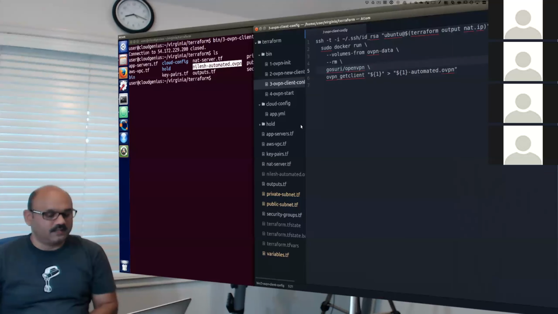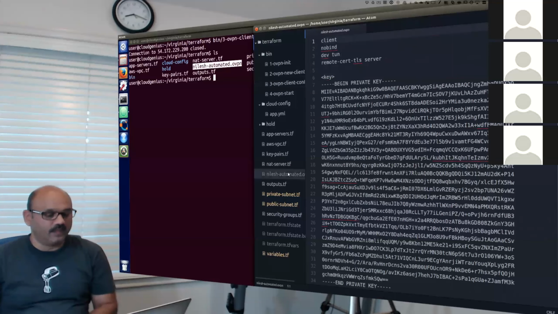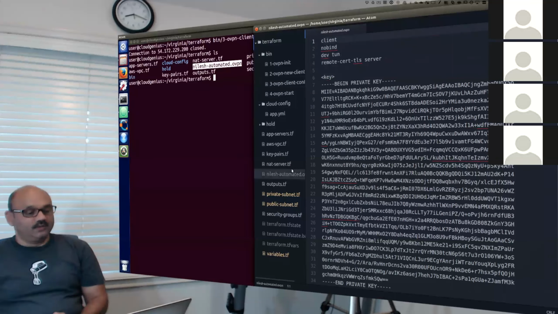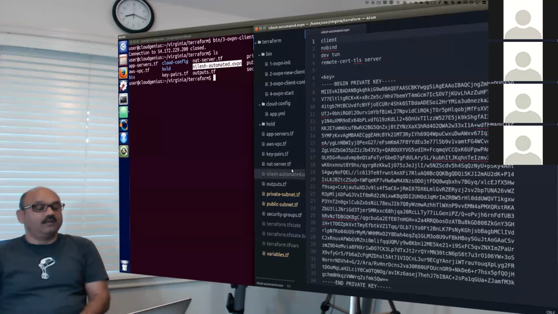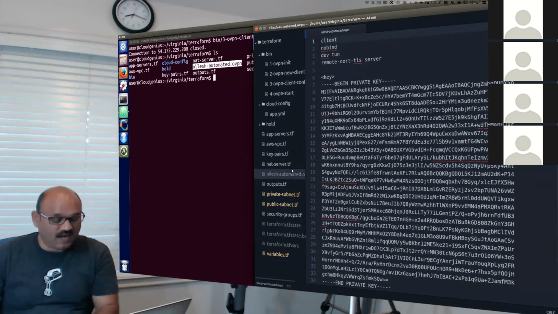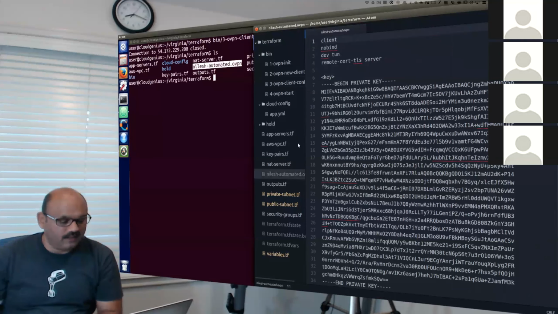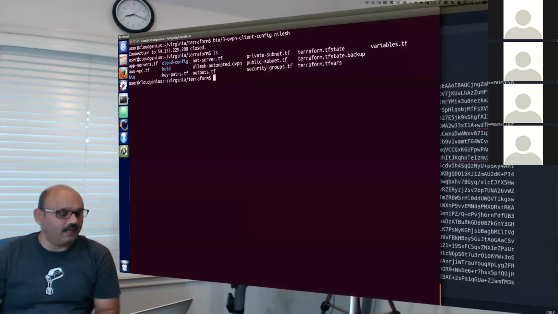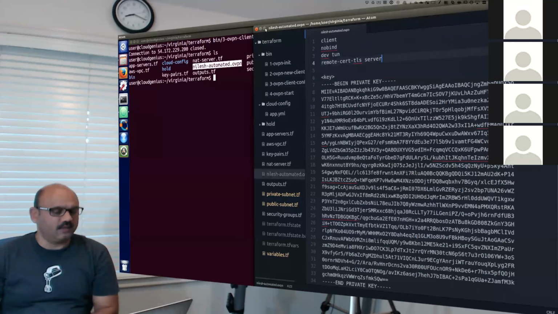And this certificate will contain all the credentials needed for us to use OpenVPN to connect to that remote cloud in a virtual private network. In that OVPN file that gets downloaded here, we'll go study what it contains. Lots of things here.